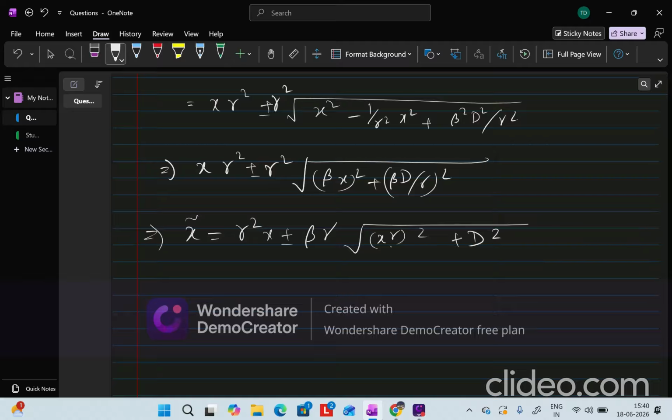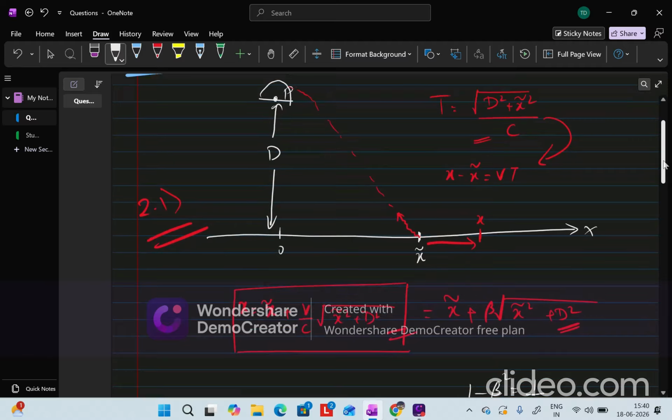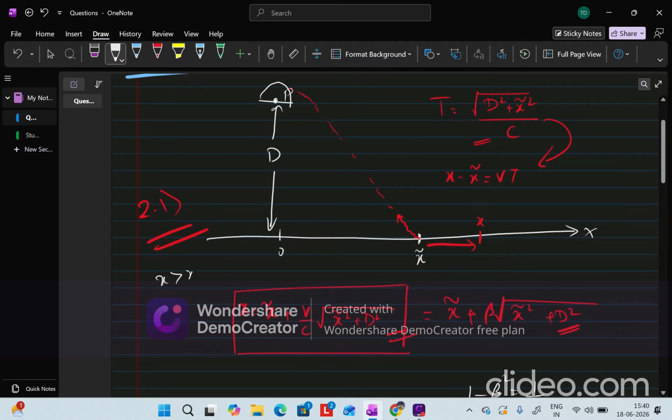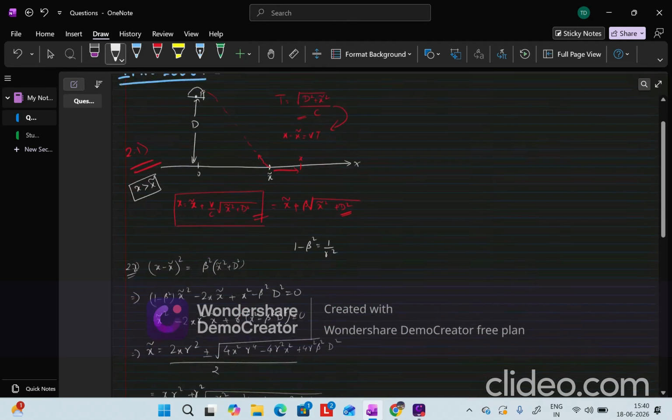So now the one doubt still remains: will it be plus or minus? So just a bit of logical reasoning. Think that x should be greater than x̃. From the figure I can say that x should be less than x̃. Hence,